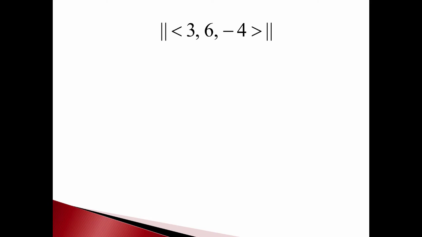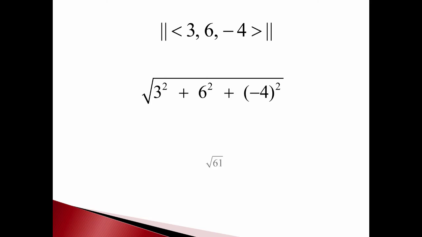But if you had a 3-dimensional vector and you wanted to find its norm, we do it the same way we did with 2 dimensions. We have the same sort of Pythagorean theorem that works in 3 dimensions. What we would have is the square root of the first component squared plus the second component squared plus the third component squared. In other words, in this example, 3 squared plus 6 squared plus -4 squared. And if we square all those numbers and add them up, you get the square root of 61 for the norm